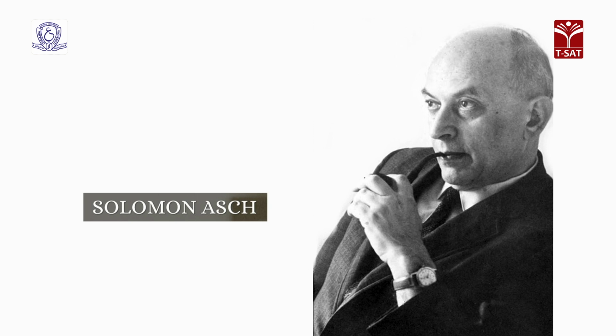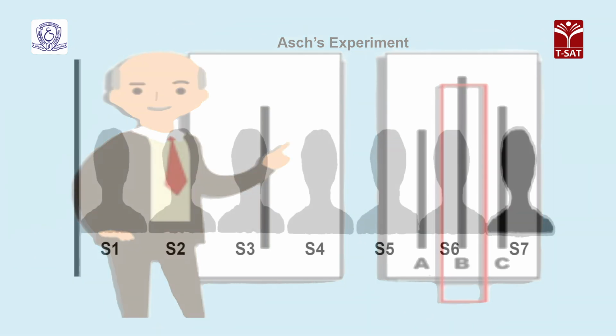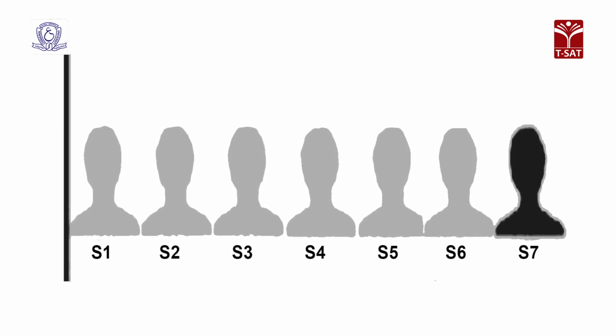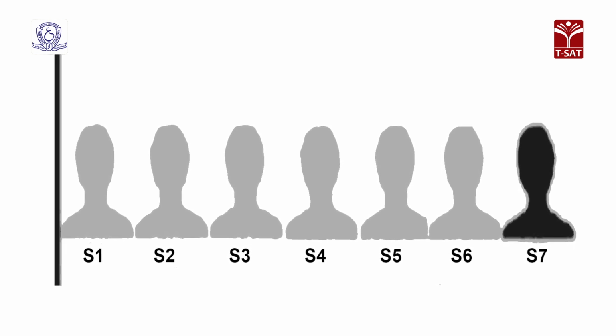Solomon Asch in 1951 carried out a series of experiments on conformity that yielded dramatic results. He created a compelling social dilemma for his participants, whose task was simply to respond to a series of perceptual problems. In this figure, we see the experimenter having a standard line on the left side and 3 comparison lines on the right side. The figure shows the standard line and the comparison lines, and also the subjects and the confederates. Confederates here are the accomplices, those people who know what is happening in the experiment.